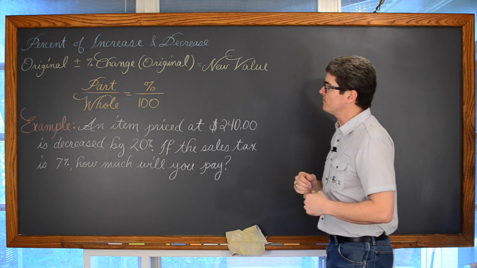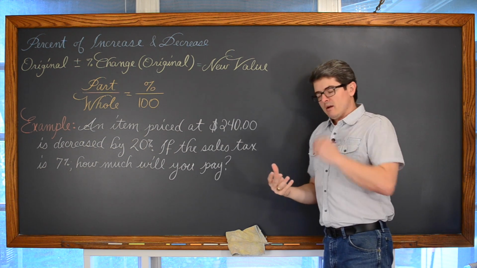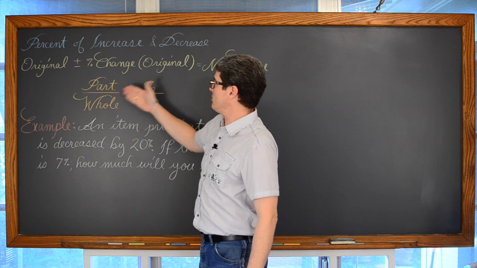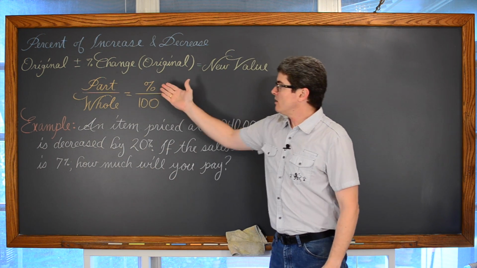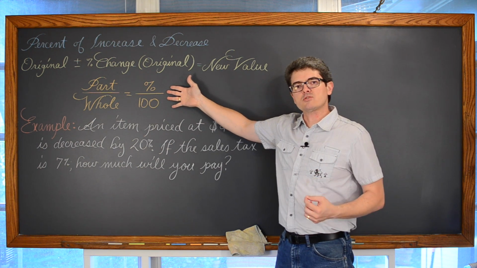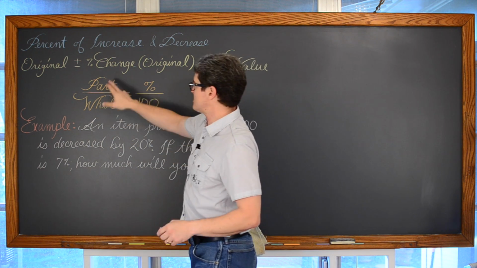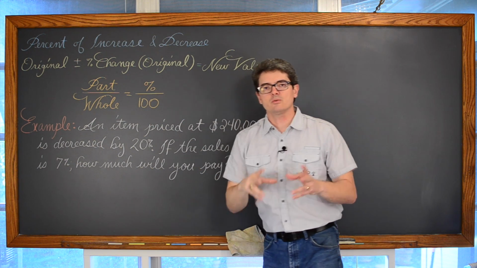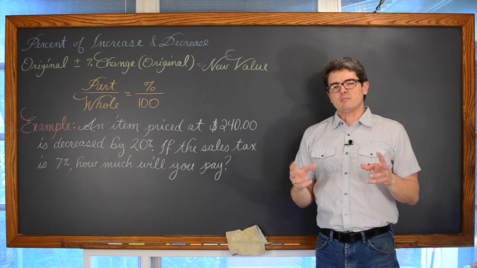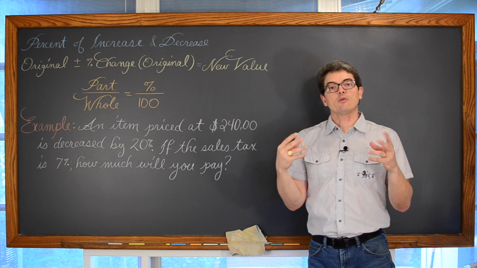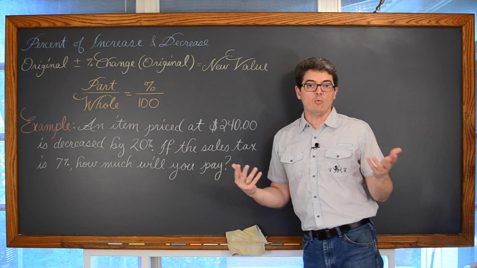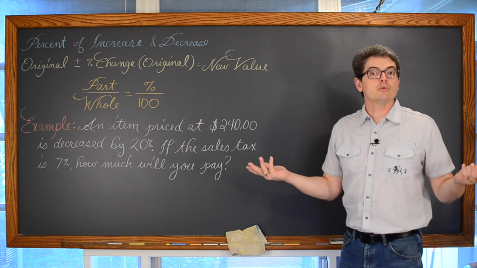So that's really what they do at registers every time you buy something that is charged. They charge tax too. Now another way of working with percent problems is with equal proportions. Part over whole is equal to percent over 100. We used this method in our previous basic introduction to percents, and we rewrote it a little bit as is over of is equal to percent over 100. But that rewording of this formula is only good when your percent problems are very short, almost phrase type questions dealing with percent, like 17% of what is equal to 33.